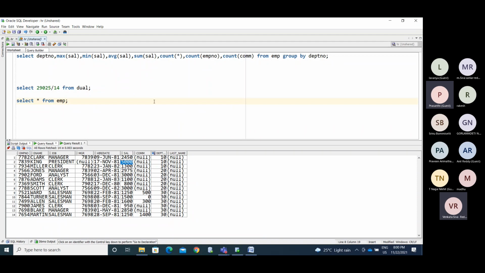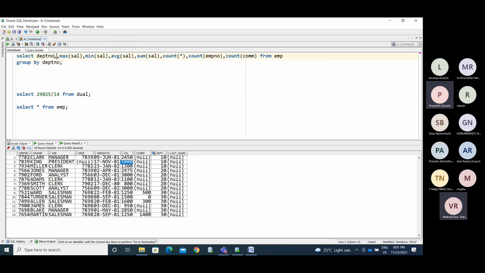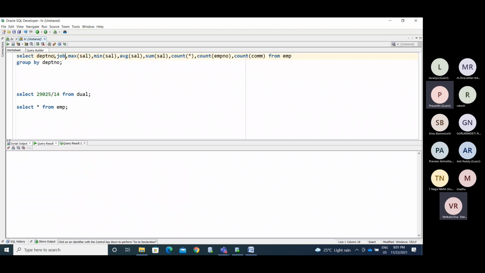So if you want to use this, we will use the group by clause. Okay, if you want to make it as a group by. So whatever the columns we are using here, if I use department wise, job wise, I need the average and minimum. Now I'm trying it. It's showing not a group by expression.